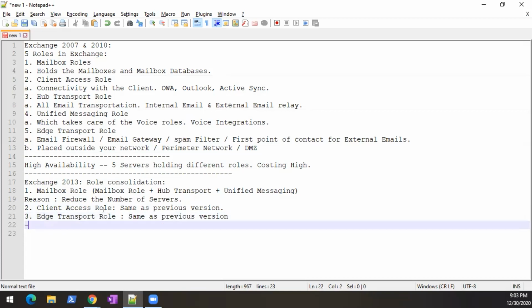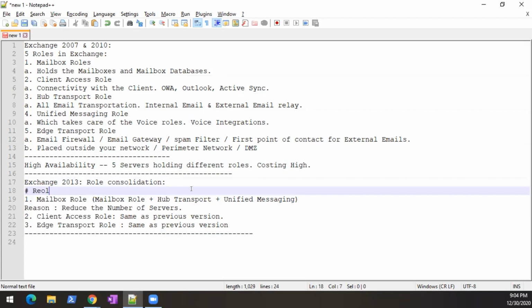So in 2013, the 5 roles from the previous version have been reduced to 3 roles. Getting the point?